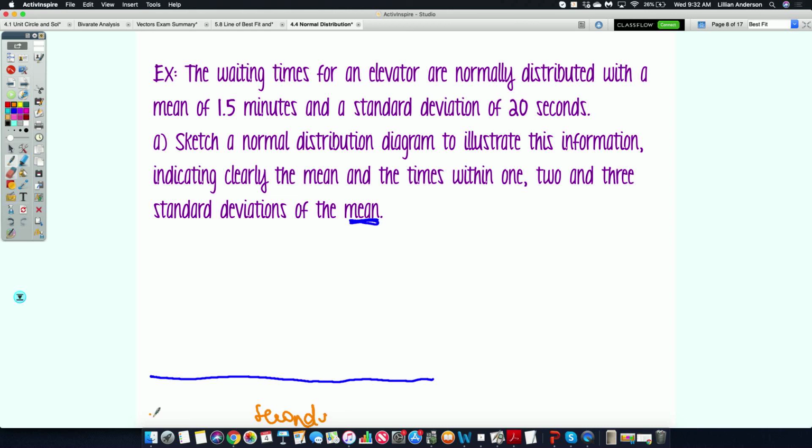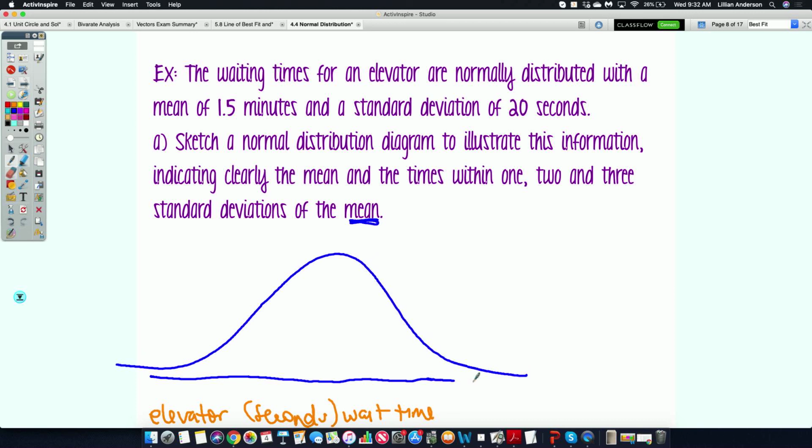Elevator wait time. We're going to have our normal distribution curve. Make sure it's asymptotic to your x-axis. It shouldn't cross or touch it. Smack dab in the middle, you're going to have your mean, which is 90 seconds, because this is in seconds. So then to get 1 standard deviation,